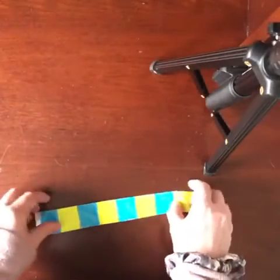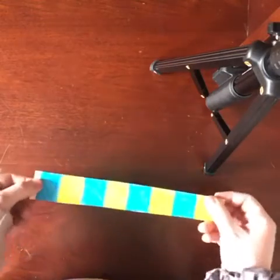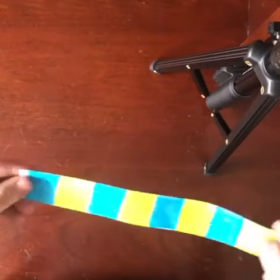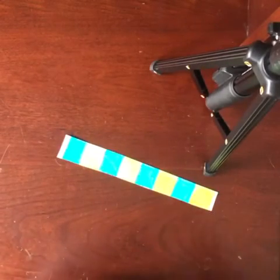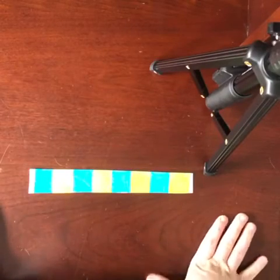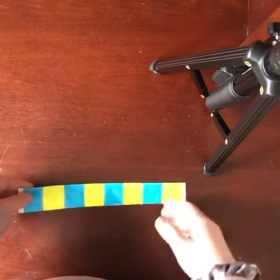All right, guys. Hopefully you have the resources at home to make your own ruler, and you can measure all sorts of things. You can make this as long as you want. You can make your own yardstick, whatever you want to do, whatever mom and dad help you with. Hopefully this helps you with your PMT,